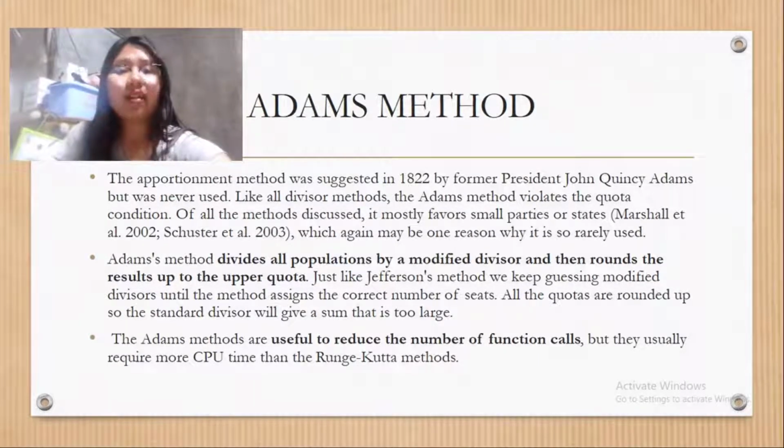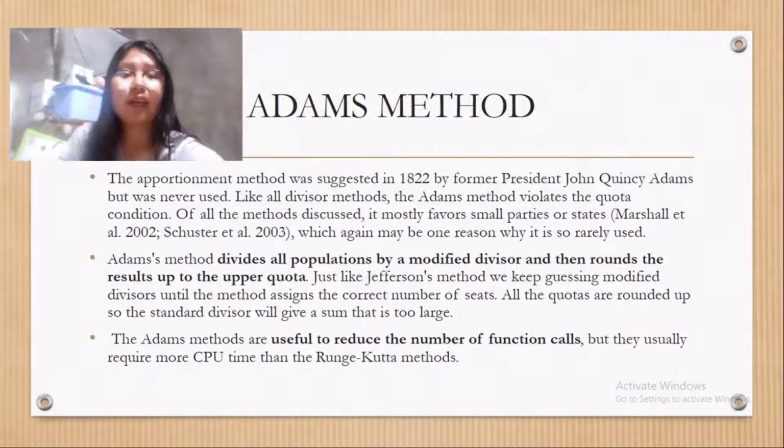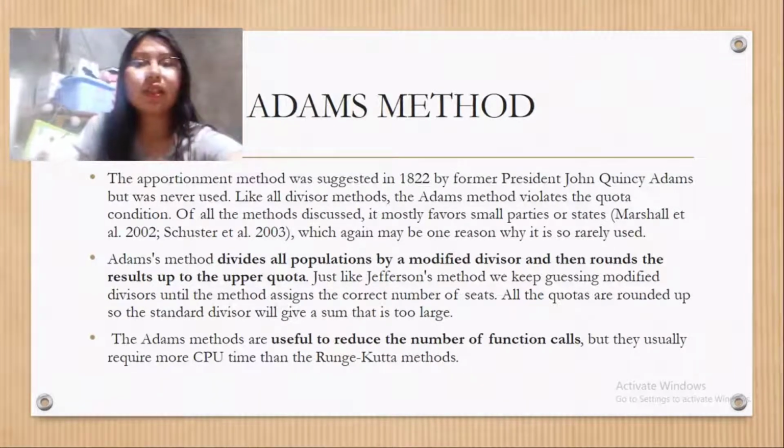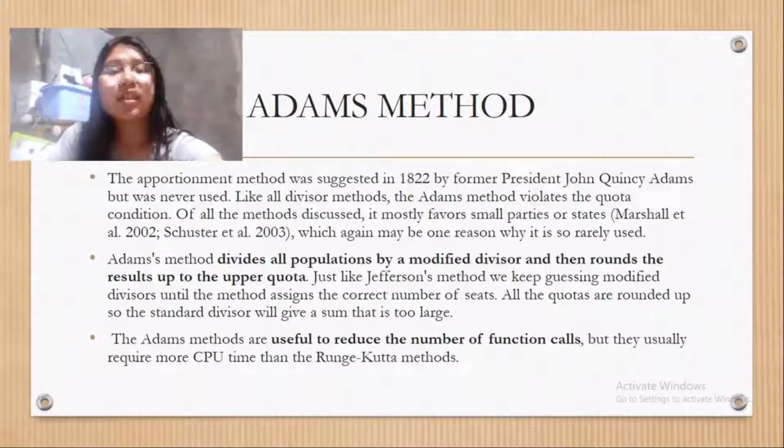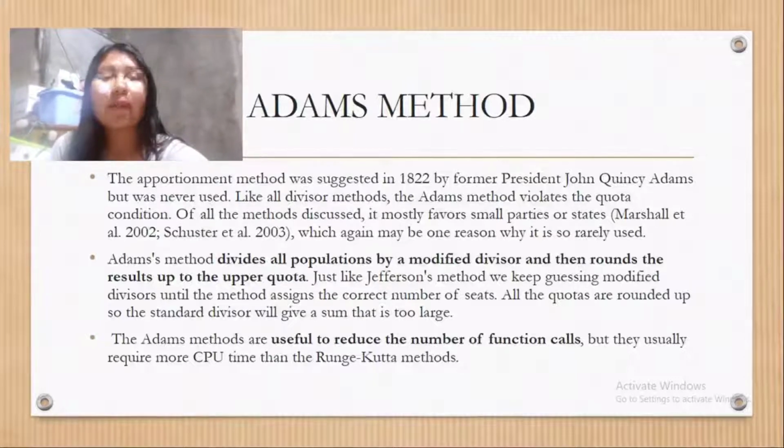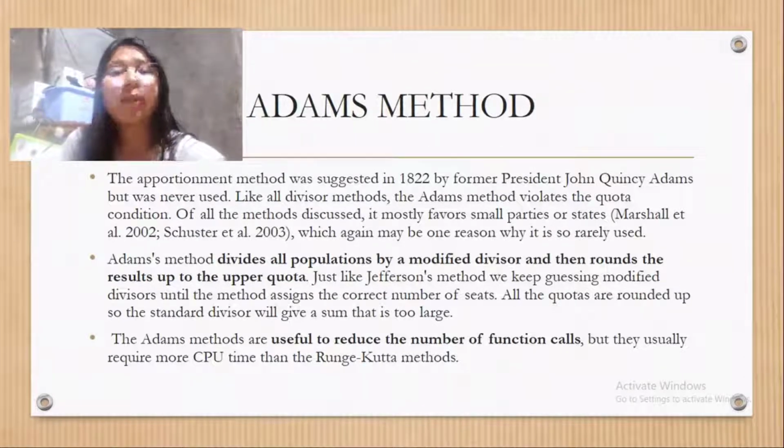Adams's method divides all populations by a modified divisor and then rounds the results up to the upper quota. Just like Jefferson's method, we keep guessing modified divisors until the method assigns